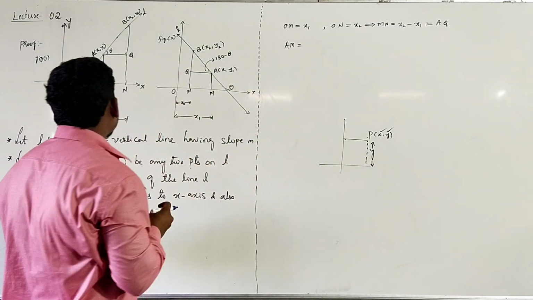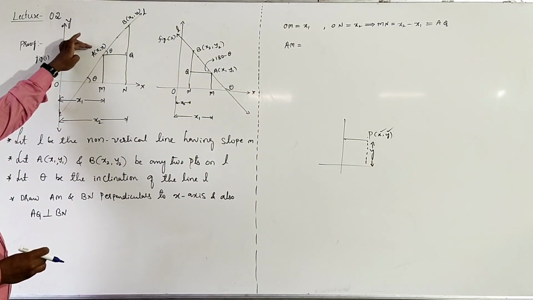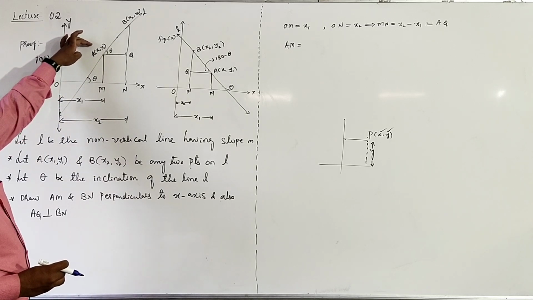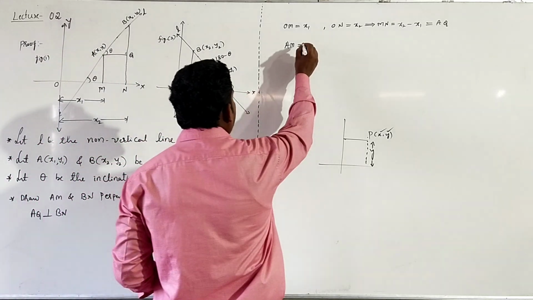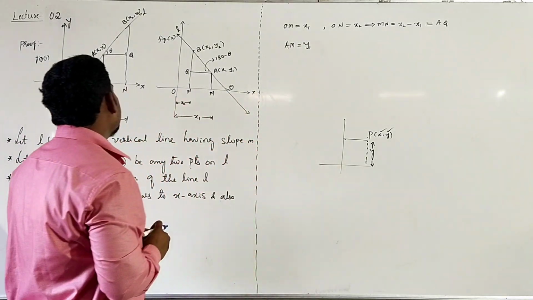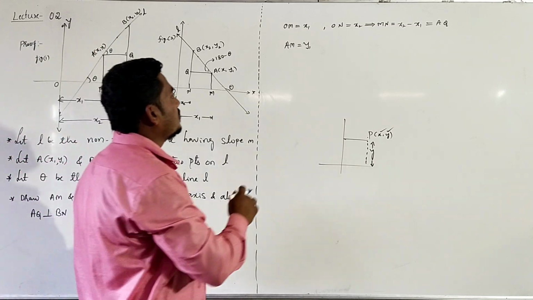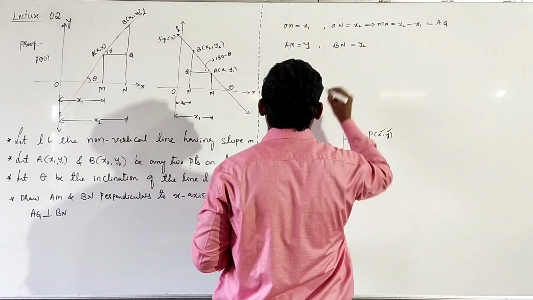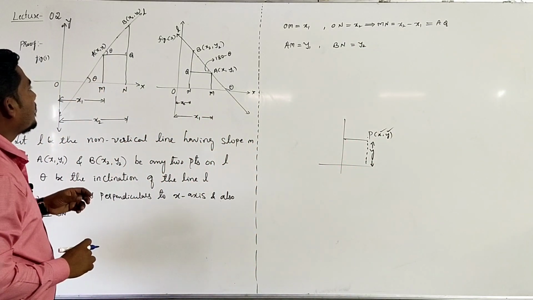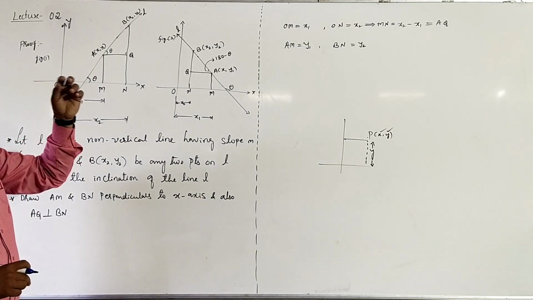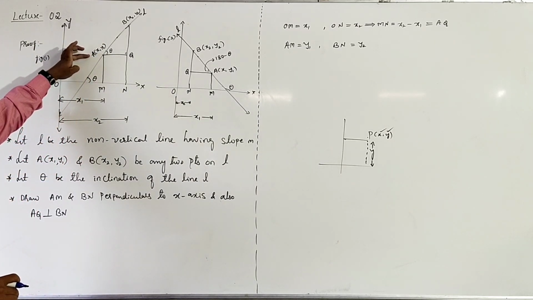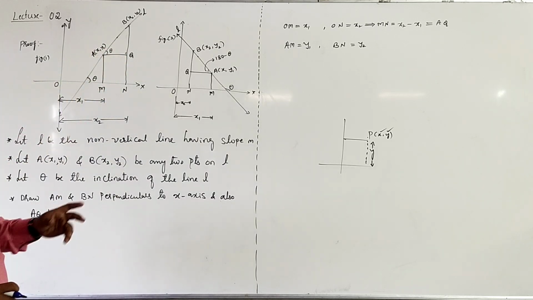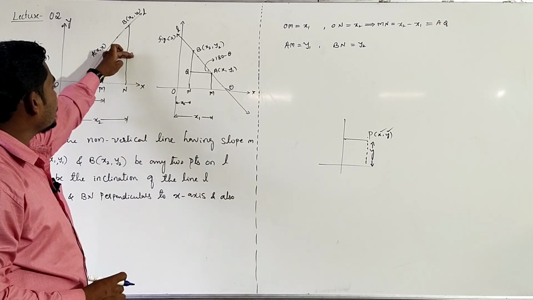AM is the vertical distance, which means the y coordinate of point A. The y coordinate is y1, right? AM is y1. Then what is BN? BN is equal to y2, right? Then what is BQ? And one more thing, the AM value is the same as QN. Why? Because these two are sides of a rectangle. AM is the same as QN,